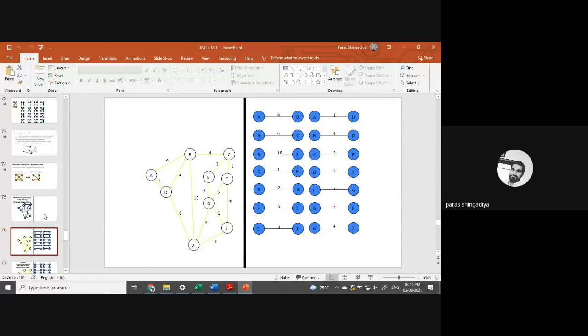So you have to explain the answer. There is one question each for 6 mark, 4 mark, 3 mark, 2 mark, 8 mark, and you have to explain it as per the weight. So now, what is the first step in the Kruskal algorithm?